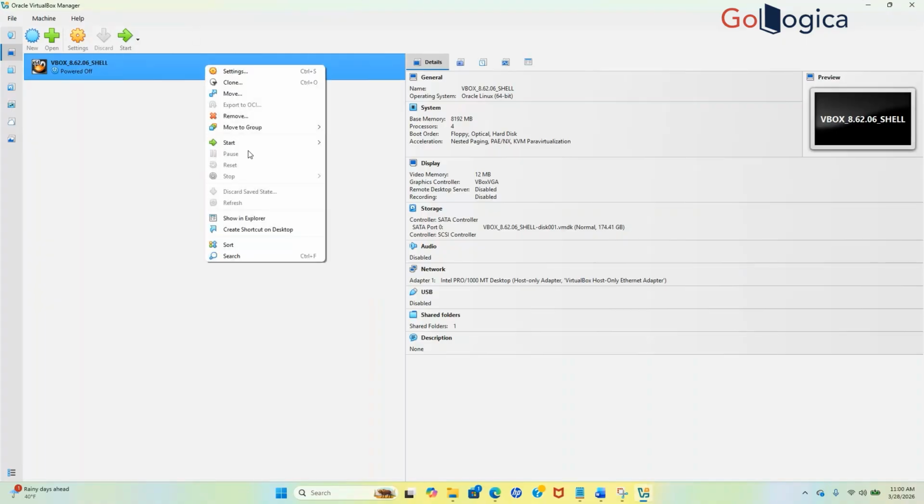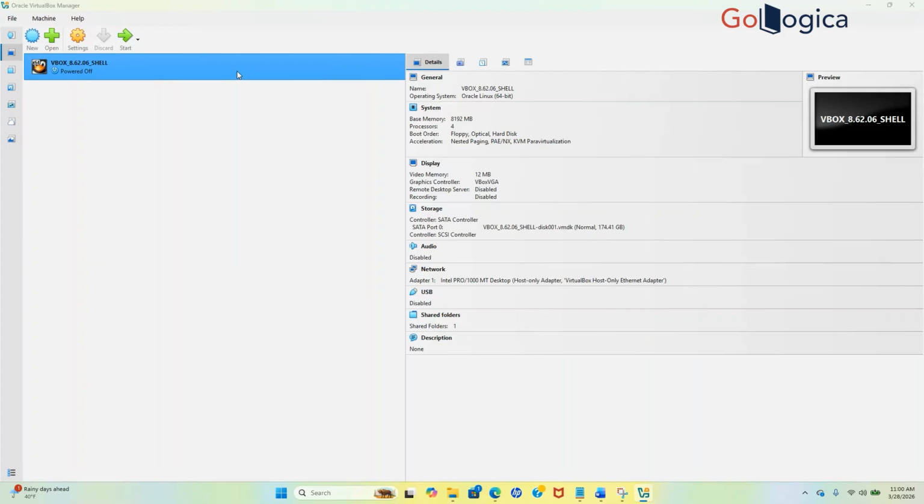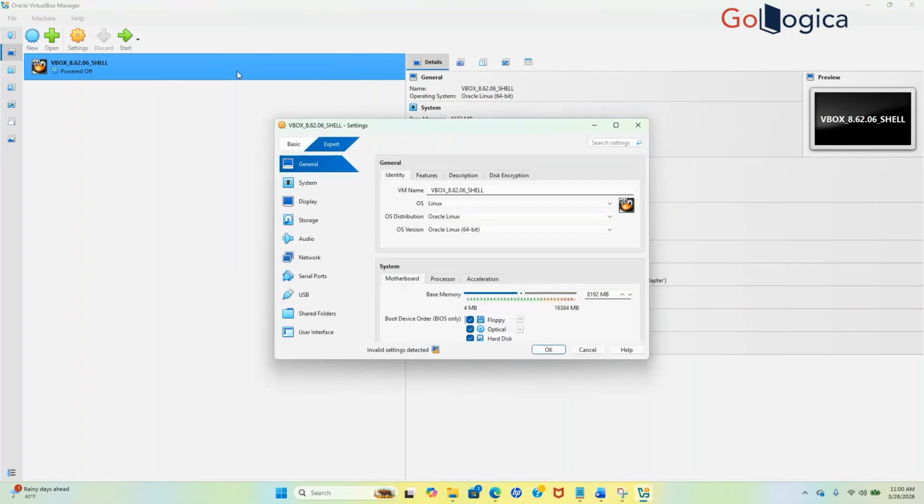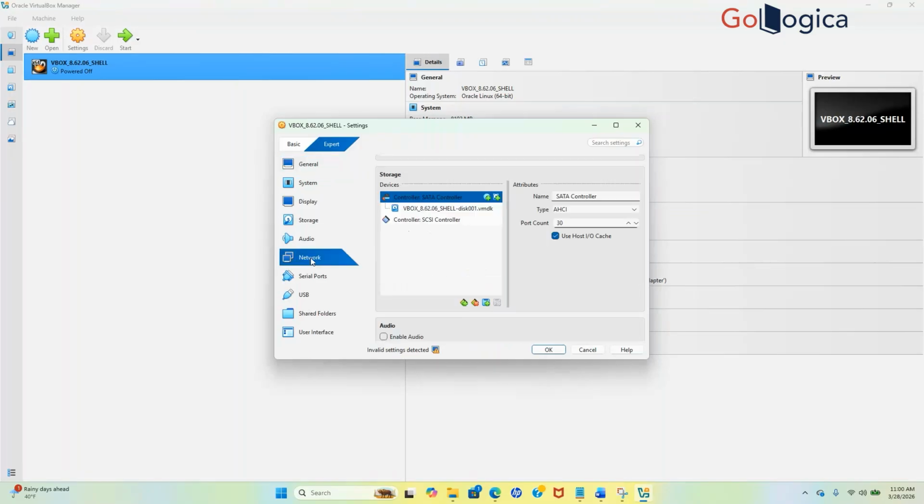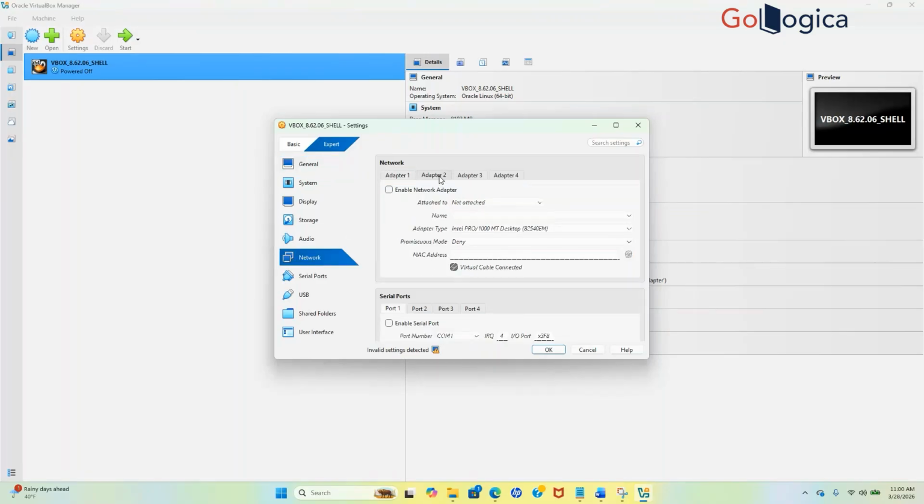Right click on that and click on settings. Wait, don't start. We first have to enable the internet connectivity, then we'll start. Click on network. Now click on adapter 2. Now it's working. Click on enable